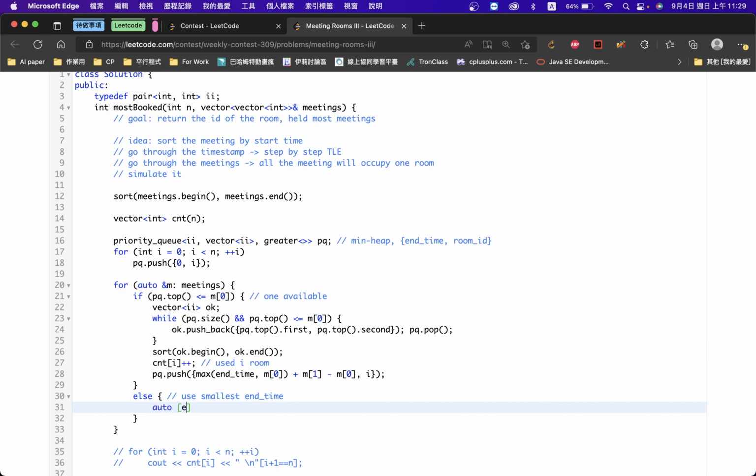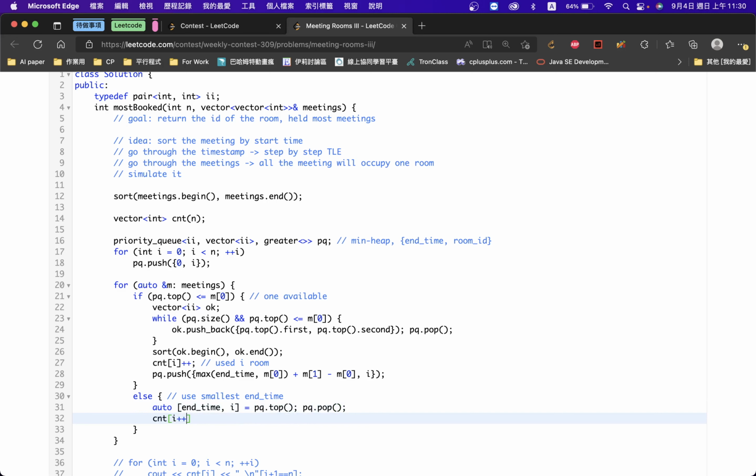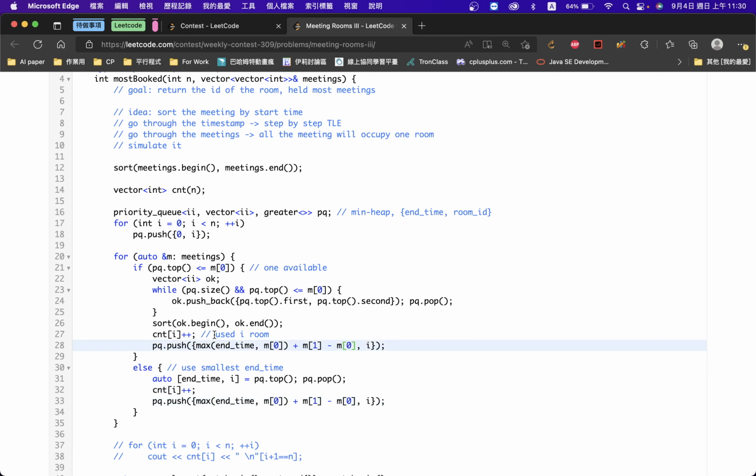So we say this. Okay, so we use the first smallest room, and then the end time we will push its